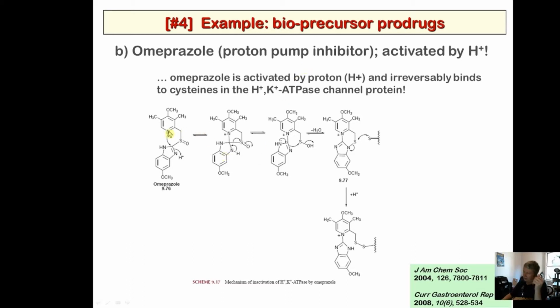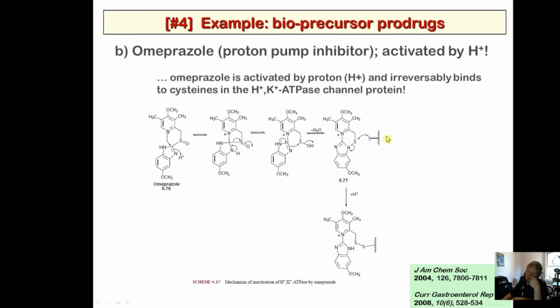Okay, so when this happens and the nitrogen attacks, the double bond grabs a proton. Now it cyclizes and forms what looks like a 5-member ring, and then the nitrogen swings back and breaks off this, I think it's called a sulfinic acid, S double bond OH, and then the other benzimidazole nitrogen swings back in and forms another bond, and so now we have this 6-member ring, and then cysteines in the